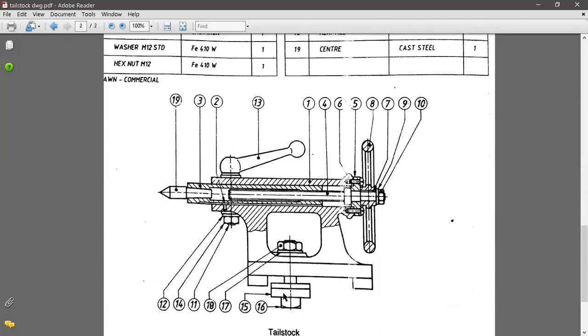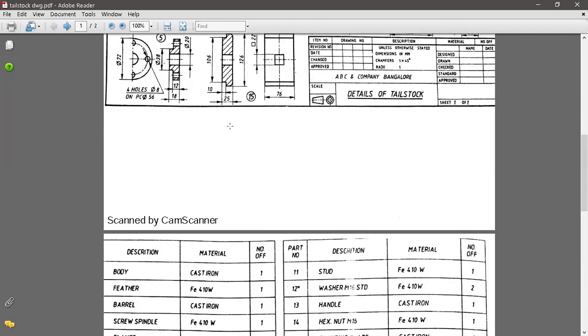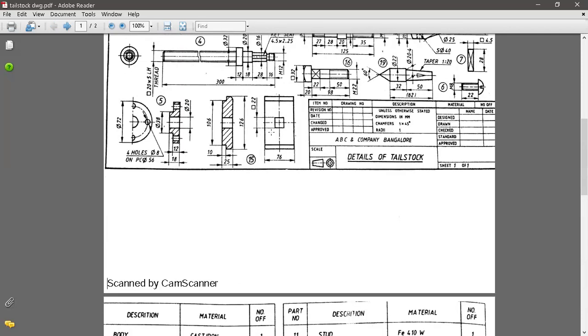Here it is showing component number 15. Whatever view you have drawn here, this particular view is not given in the parts geometry. This is helpful to create the component, but need not be one of the views used in the drawing.